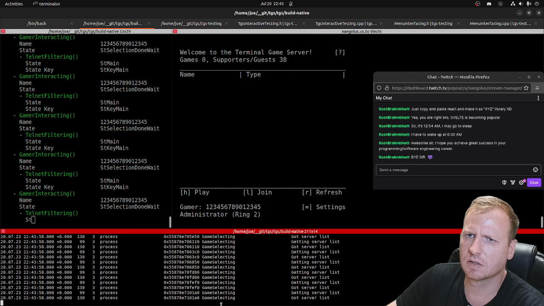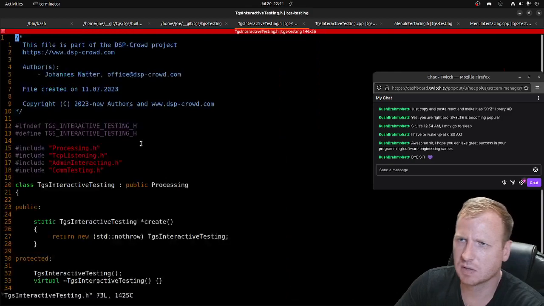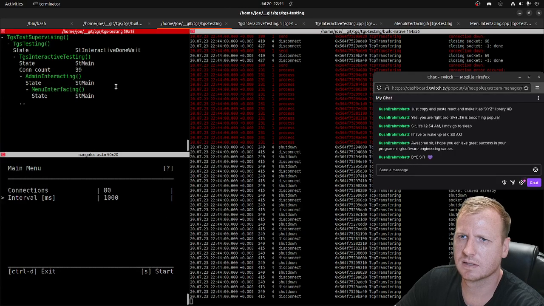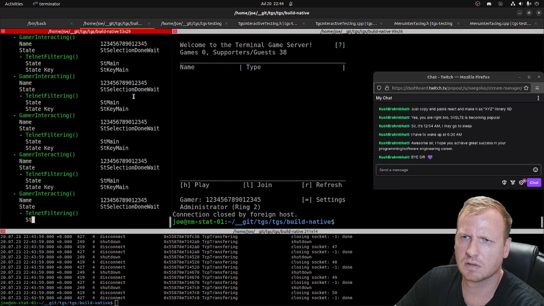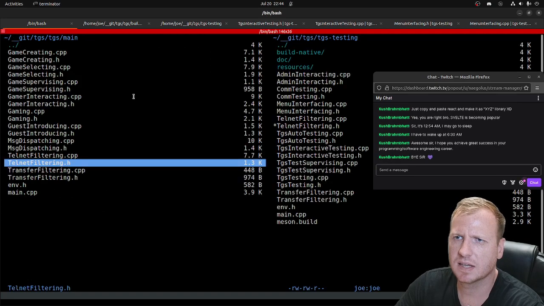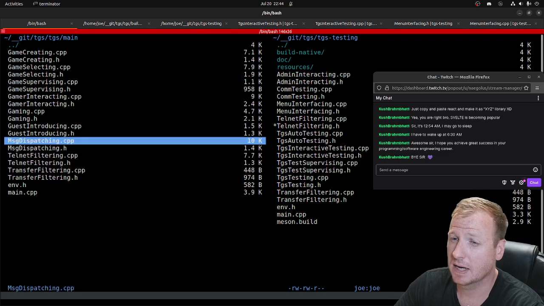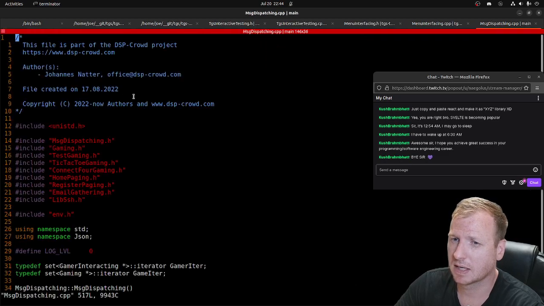Okay, at the moment I don't want to see the game interacting process. Oh, now we should have all shutdown closed already. This thing should go to 0 now, I think. Game interacting is not shown at the moment. In the game interacting